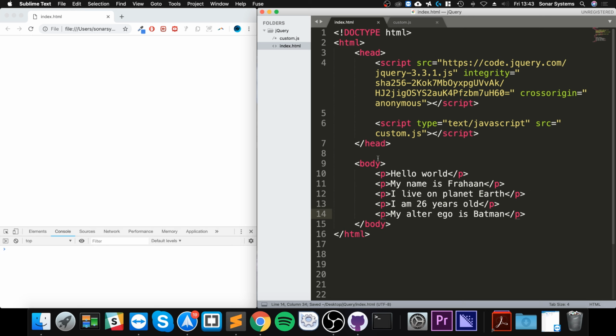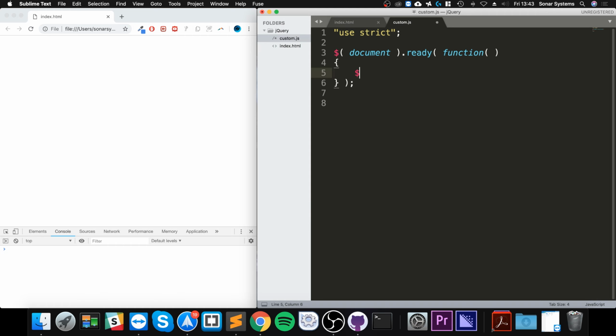Okay, so now let's show you how to select based on what text it contains. So first of all, let's put the dollar, and first you put the type or the name of the element, so P for paragraph. Then you put colon contains, and in here is where you put the text. So if I just put the letter, I don't know, I, for example, I'm going to say dot click,